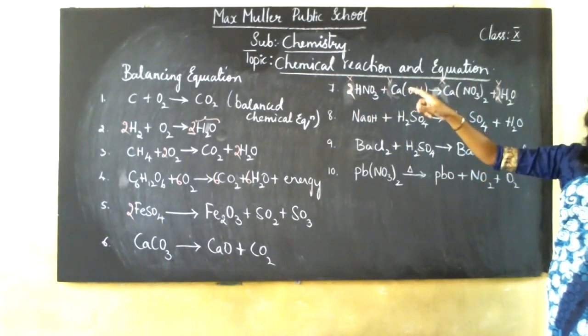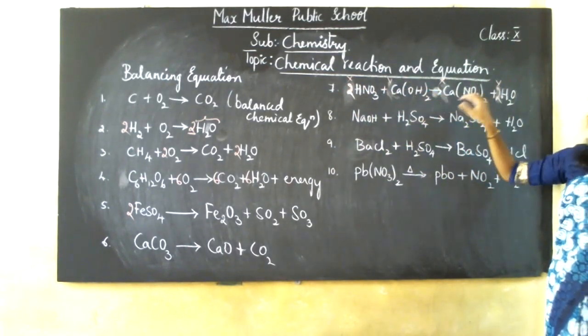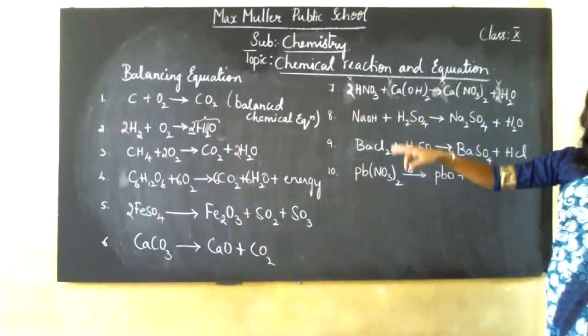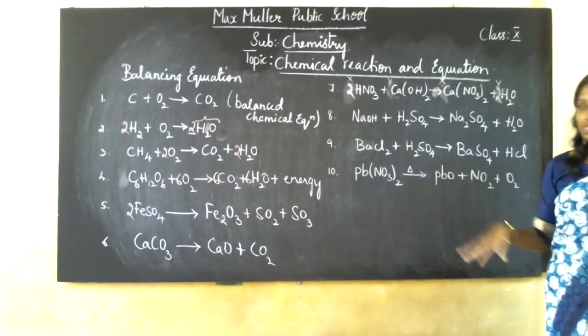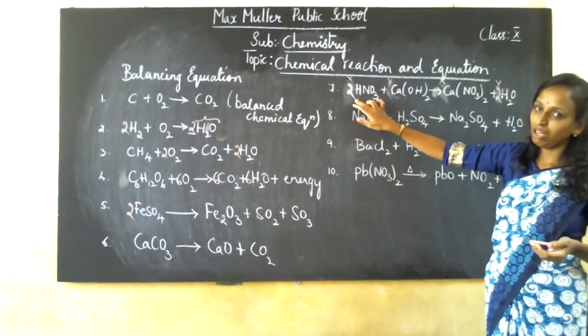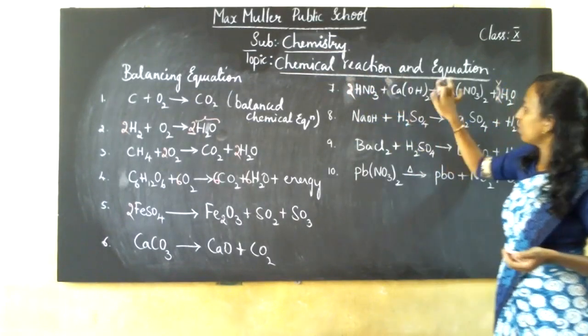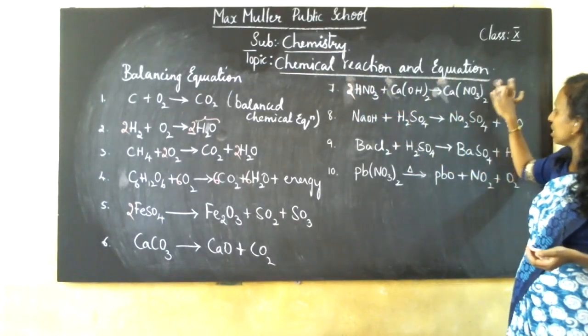Take X is equal to 2. Try it with 2 and check whether the equation is balanced or not. If not, take X is equal to 3. If it is balanced, write X value is equal to 3. That means here it will be 3. Even with the trial and error method you can solve it. If not, you can do it in this way. This is easy, children.